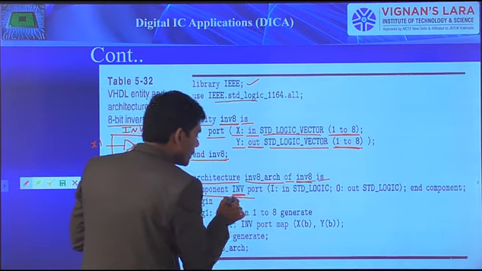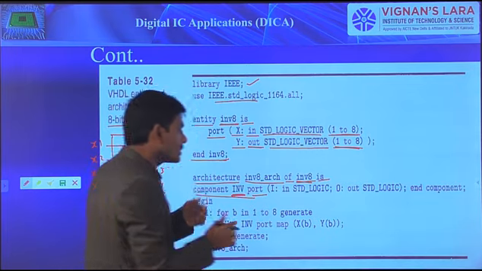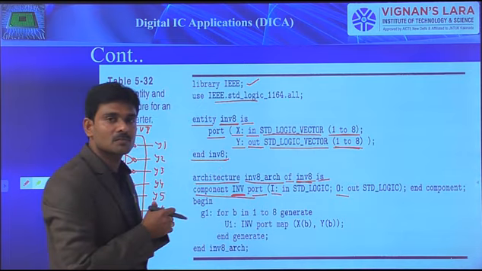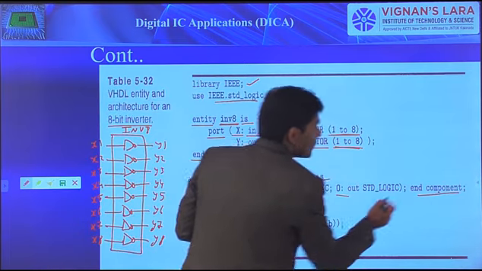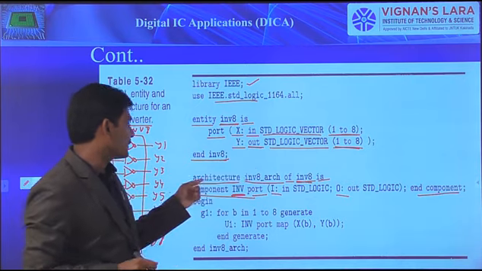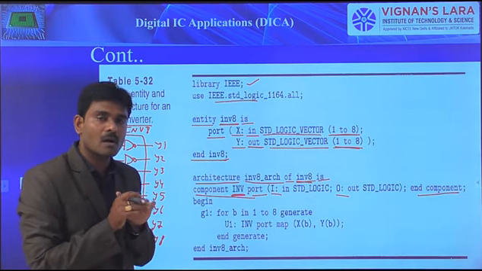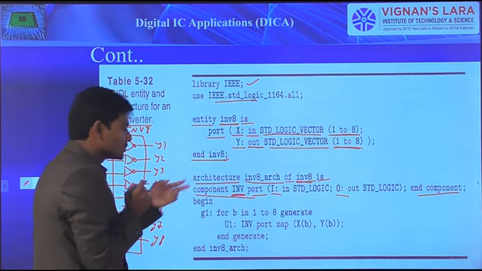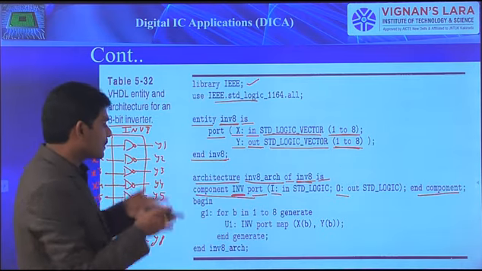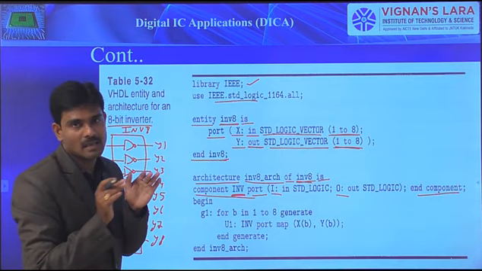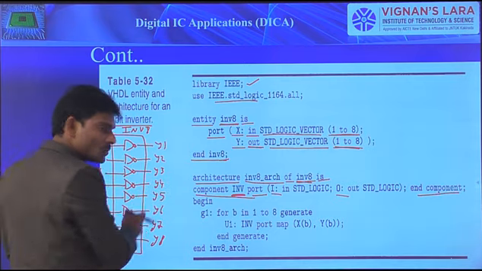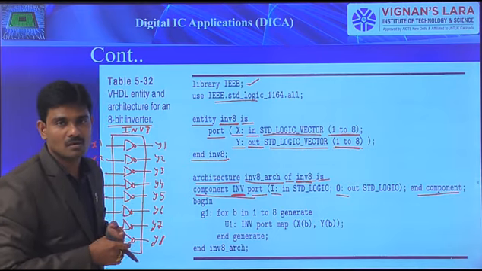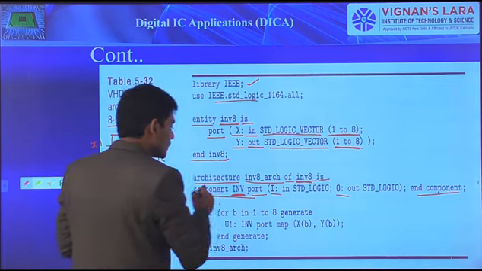Component name, then port declaration: input we consider as I, output we consider as out, same as in the previous program. Then end component. Don't forget that for a component, it is end component, not end component name. That is the only component required, so only one component declaration is enough. Other than that, there are no internal signals, and no need to mention any functions, procedures, or constants. So we close that part.